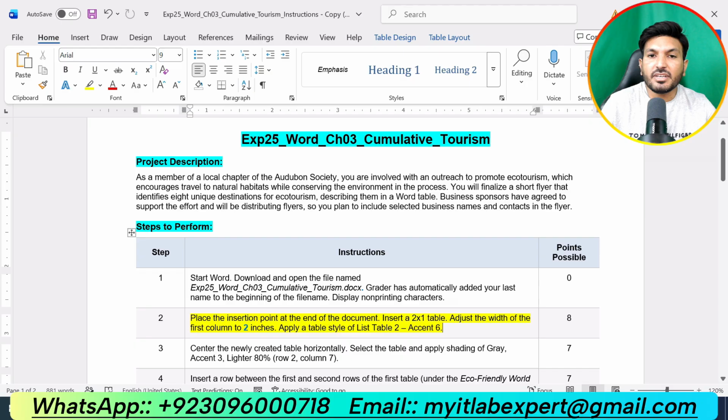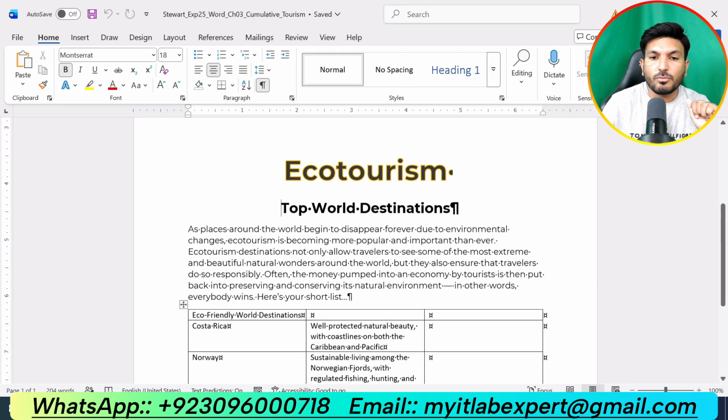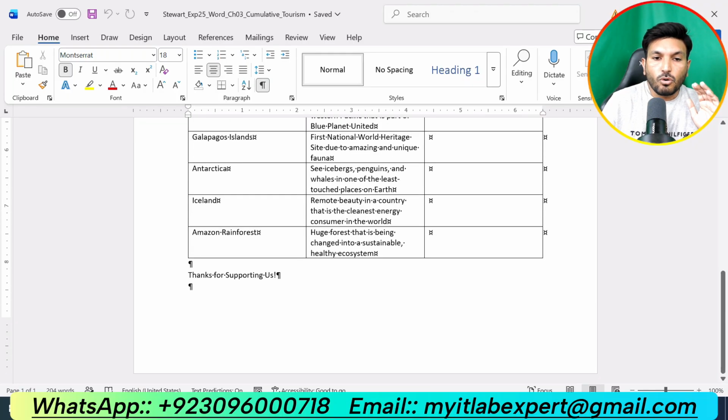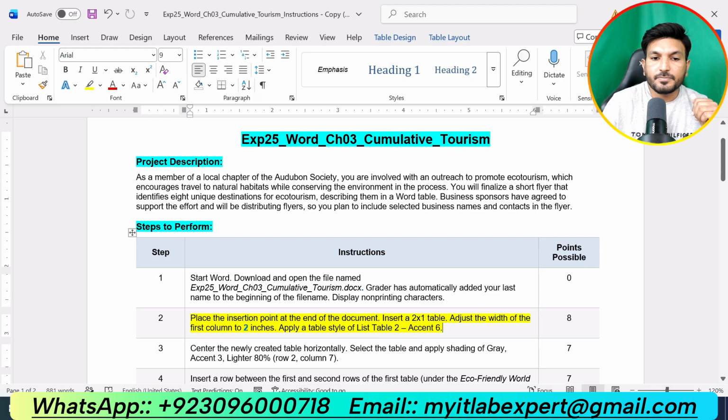Step number 2 of the assignment is saying place the insertion point at the end of the document. Insert a 2x1 table. Adjust the width of the first column to 2 inches. Apply a table style of List Table 2 Accent 6. So now we are supposed to add a new table into the Word document at the end of the document. So we will go to the Word document, go to the blank paragraph at the end of the document,